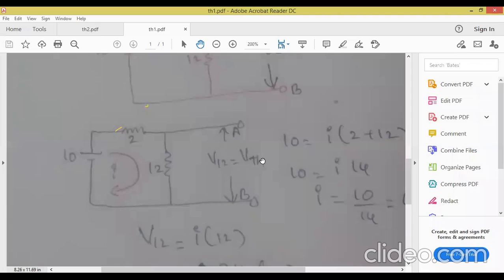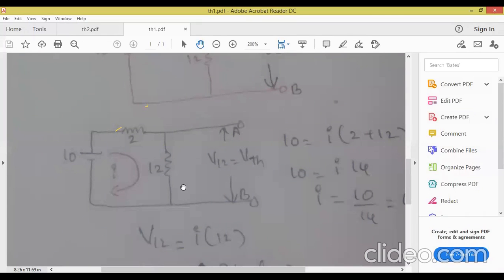Sir, what is this VTH? You are calling it the open circuit voltage between A and B. But now you must see from the terminals A and B, you are able to see only 12 ohms. Yes or no? If I am watching from A and B, whatever voltage is present at the 12 ohm resistor is equal to Thevenin's voltage. Understood? Thevenin's is not a different formula. Again, we have to use the mesh only. So VTH is the voltage across which resistor? 12 ohm, because only the 12 ohm is present at the A and B terminals.